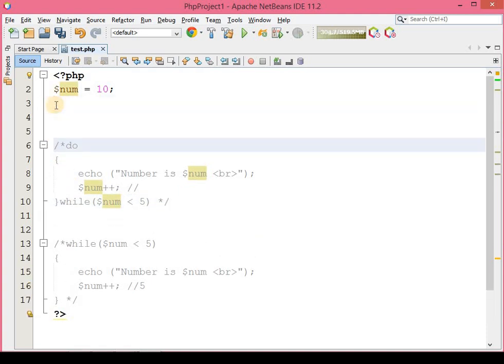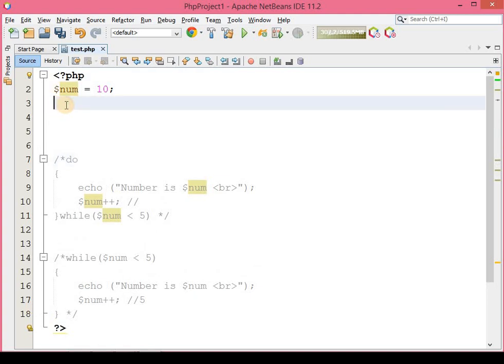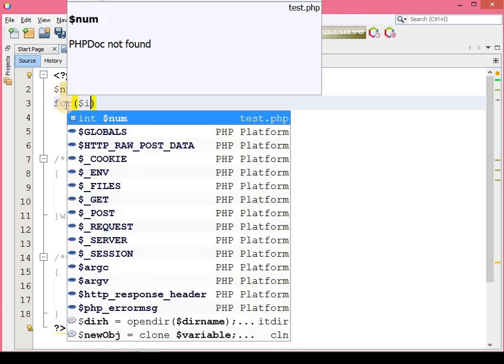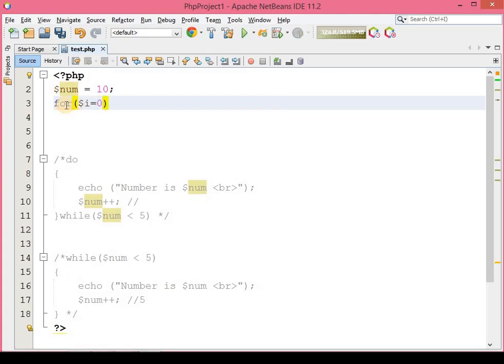After that for loop. Okay, we will also execute this in 4. Now in for loop you have to use one another variable, that is, let's say variable I is equals to 0.